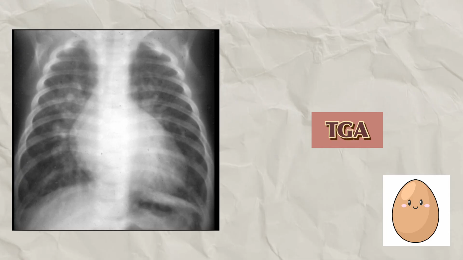TGA is classified into with intact ventricular septum and with VSD. The latter group is further subdivided into cases with and without pulmonary stenosis. Patients with TGA, VSD, and pulmonic stenosis in some ways present like tetralogy physiology, except that they have more intense cyanosis. In patients with TGA, oxygenated pulmonary venous blood recirculates in the lungs, whereas systemic venous blood recirculates in the systemic circulation. The pulmonary artery saturation is thus always higher than the aortic saturation.